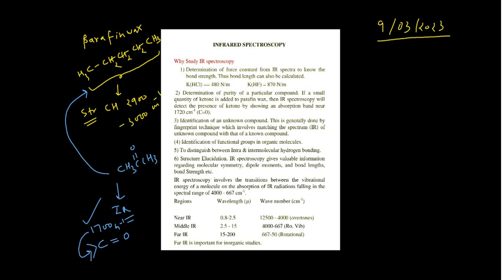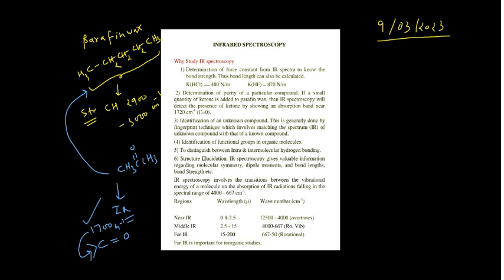If a small quantity of the ketone, as I have explained here, is added to the paraffin wax, then IR spectroscopy will detect the presence of the ketone by showing an absorption band near 1720 centimeter inverse, or roughly 1700 centimeter inverse, and this 1700 centimeter inverse is actually the presence of the carbonyl group. Later we will discuss the different types of carbonyl groups,